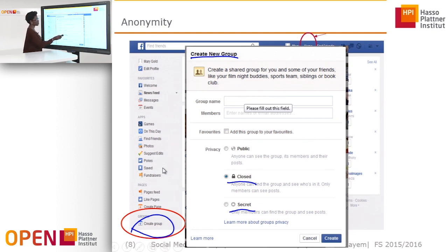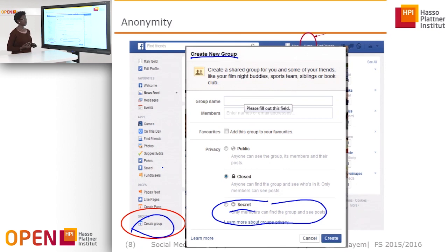In most cases, what you will do is to create a closed group, okay? A closed group will allow anybody who is in the group to communicate. Anybody else could know that this group exists, but they wouldn't be able to see what is happening in the group. The best case, of course, is a secret group, okay? The nice particularity about that is that it is almost invisible to anybody else on the social network, so it takes a lot of experience or guessing to discover that this secret group exists, or maybe some careless comment from one of the members of the group to discover that the group exists.